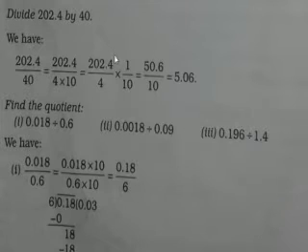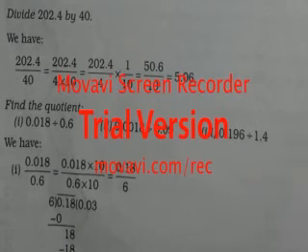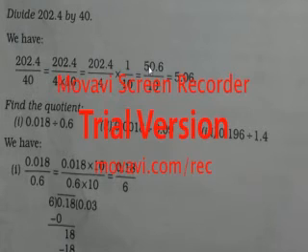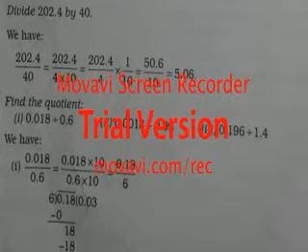Here it has been done without showing the division. You can show the division also. So now what will happen? It will become 202.4 by 4. Then it becomes 50.6 by 10, and we know when we divide by 10, the point will move one digit towards the left, so it will become 5.06. I hope all of you are understanding.